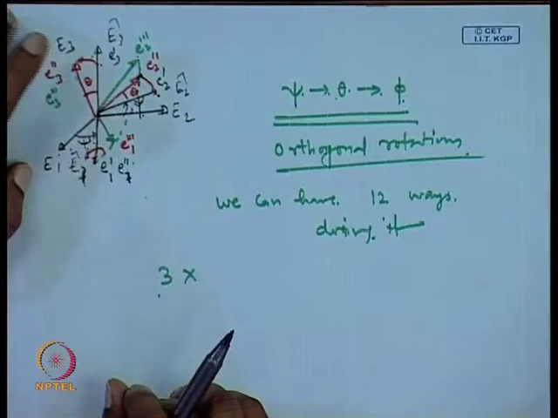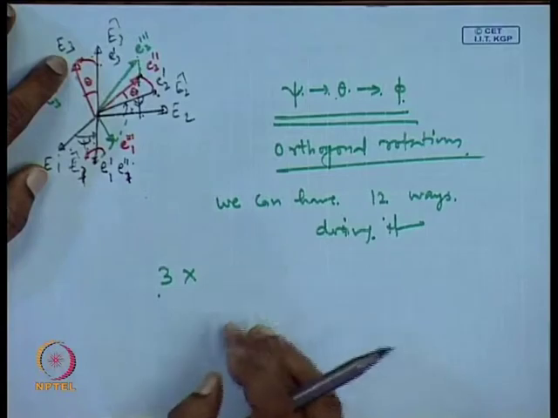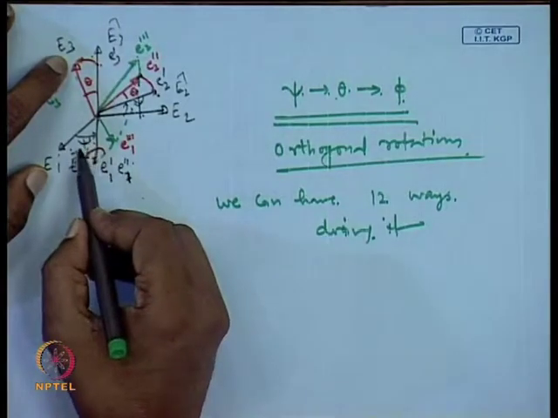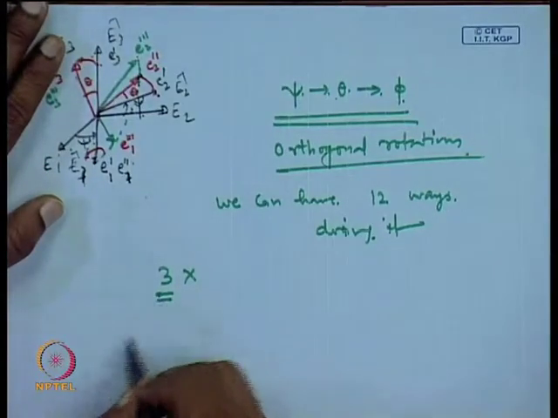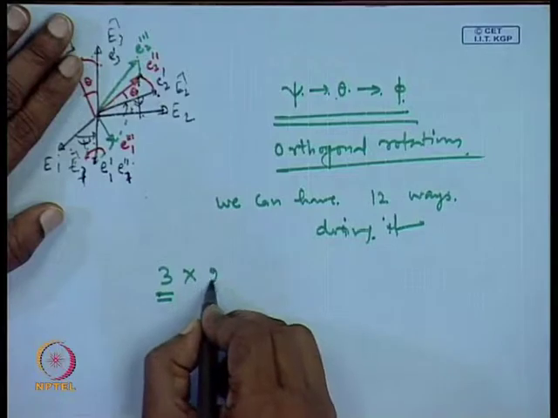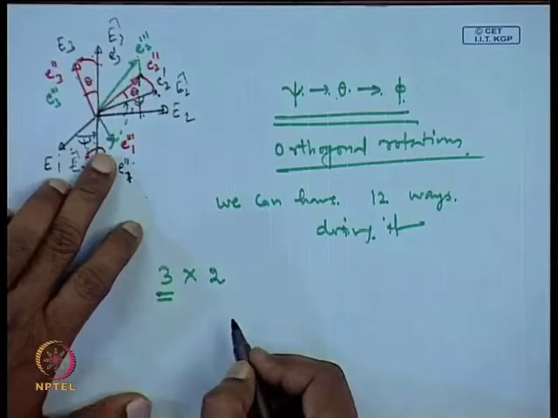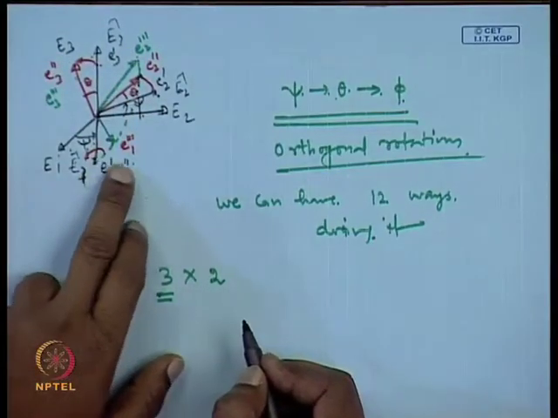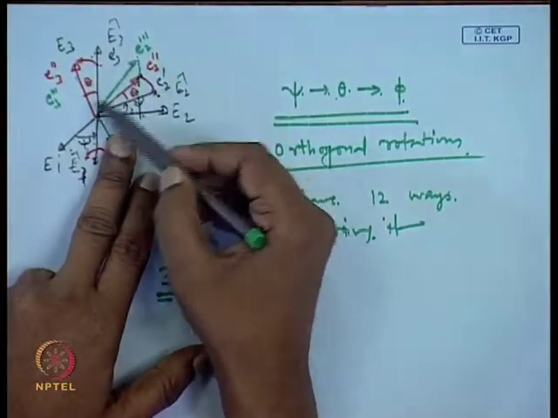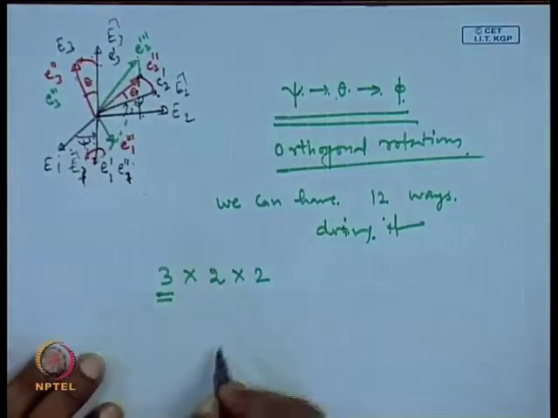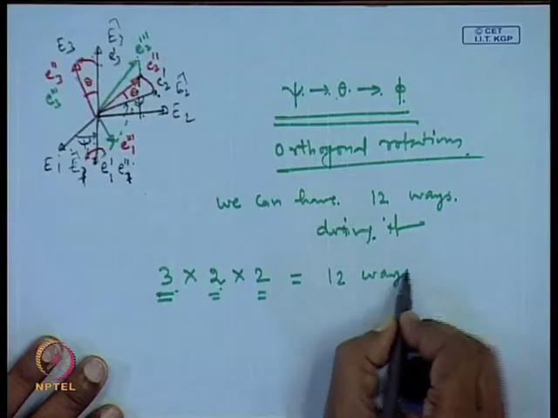We cannot give the next rotation about the E3 axis again. If you do that, it is the same rotation, rotating in the same plane. So, the only thing you are doing is adding some more angle to this psi, delta psi. So, the first rotation can be given in 3 ways, the next rotation can be chosen in 2 ways. Okay. Once you have chosen the next rotation about any of the remaining 2 axes, suppose that we chose the E1 axis, the next rotation can be chosen among the rest of the 2 axes. Okay. So, the total is 3 into 2 into 2, so total 12 ways of orienting.